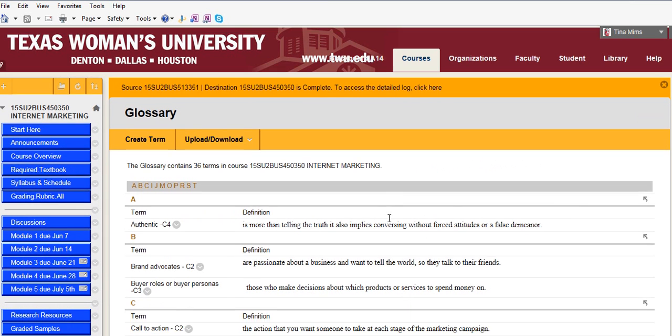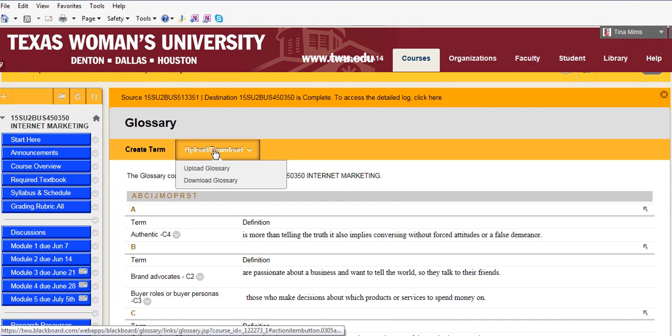So I started out typing these terms, and I thought, okay, well, there's an upload download, and I was not supplied a file by the publisher, but I was supplied in my instructor manual the glossary terms for each chapter. It means I have to go into each chapter and pull them out of the IM instructor manual, but again,